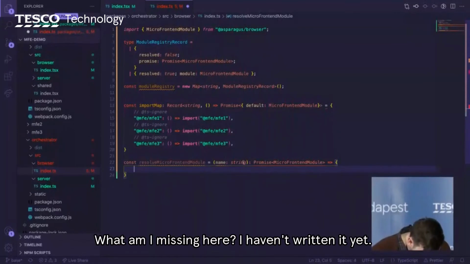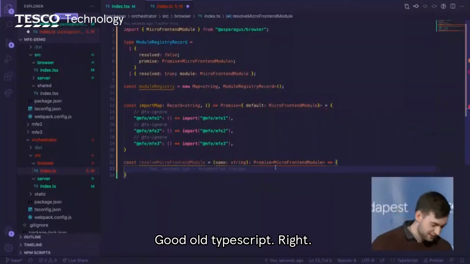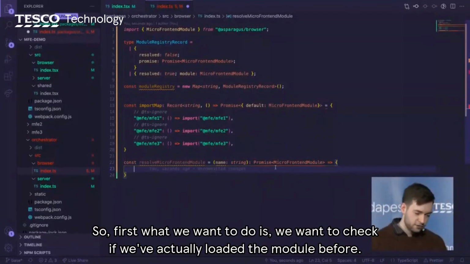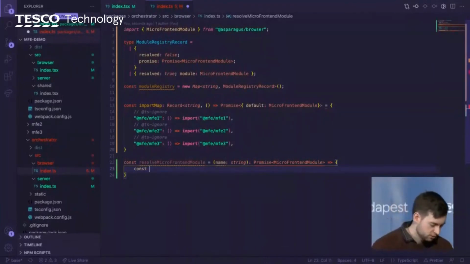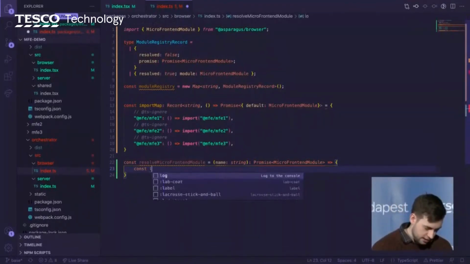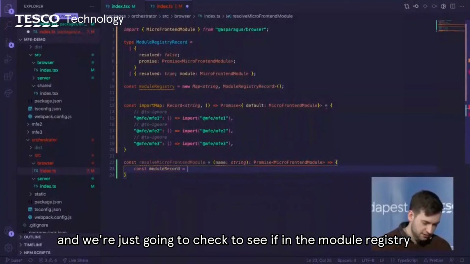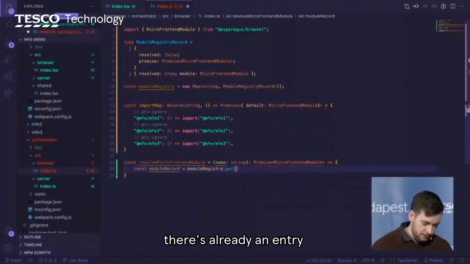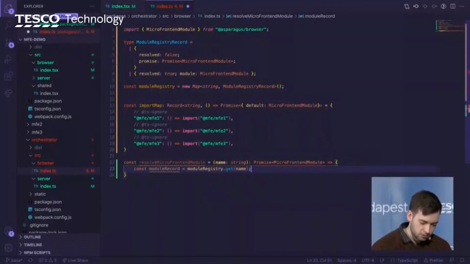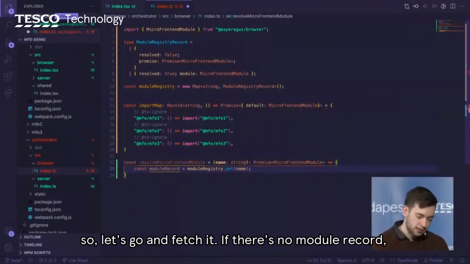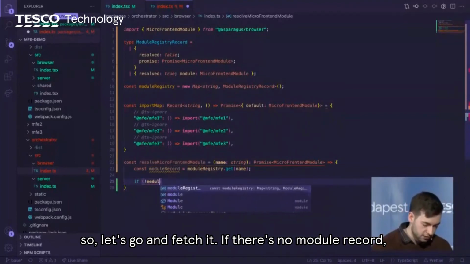What am I missing here? Oh, I haven't written it yet. Good old TypeScript. Right. So first what we want to do is check if we've actually loaded the module before. So let's have a look. We'll say module record, maybe. And we're just going to check to see if in the module registry there's already an entry with the name. Well, on the first run, there definitely won't be, so let's go and fetch it. If there's no module record,